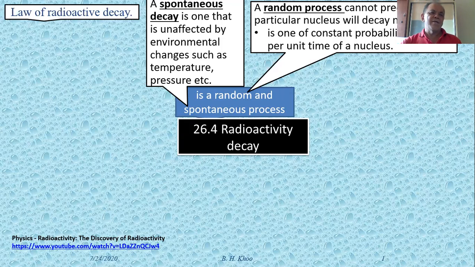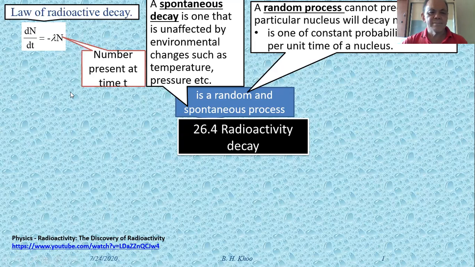Law of radioactive decay. Rate of decay, or the number decaying at any time, is proportional to the number present. So we write it in equation form. Lambda is a constant, negative, because as time increases, your number decreases. N is the number present at time t. We can rewrite that, take the N down, forget about the negative sign there, then we can